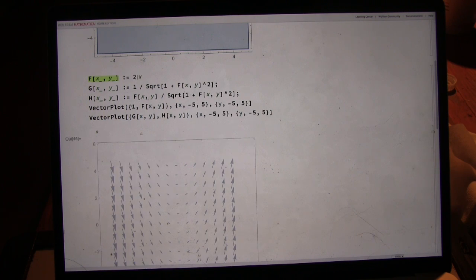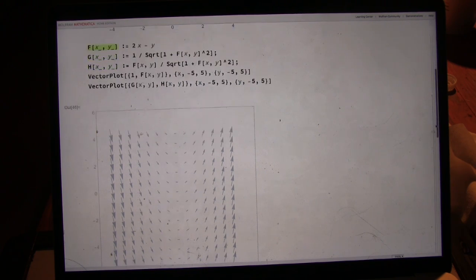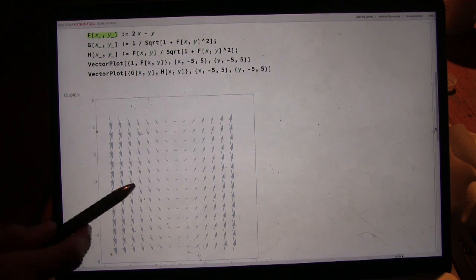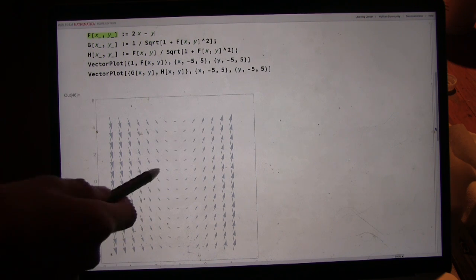Ooh, cool. 2x minus y. All right, so now a hard question. What do you think this is going to look like? So it's going to be 2x minus y. Yeah, in this case, there's only going to be one zero value because you're using both of them. So I think the zero value is going to be in the middle,